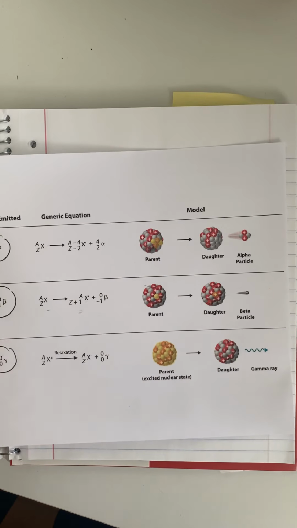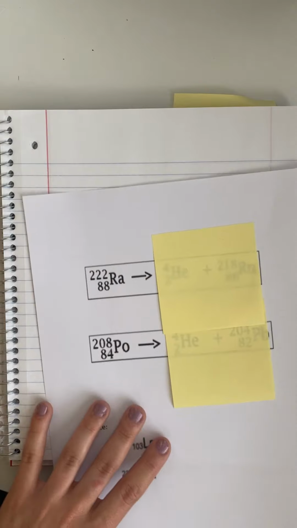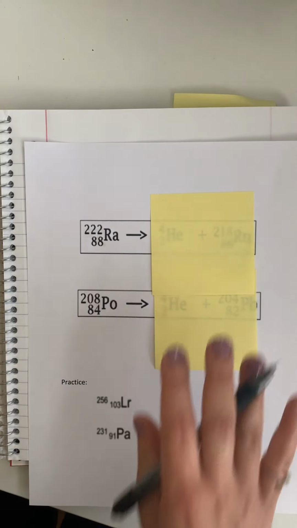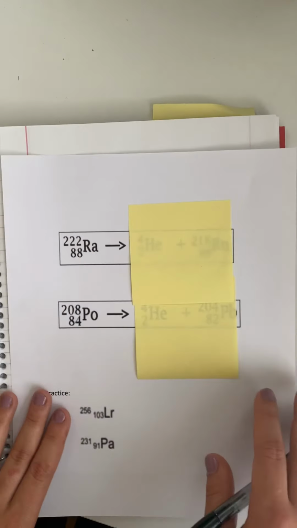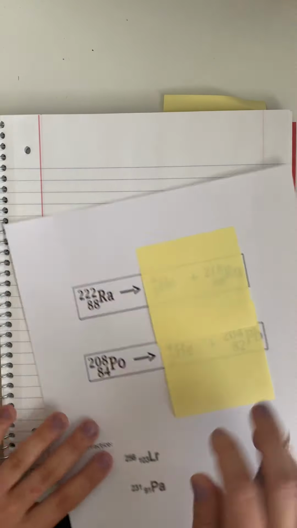We're going to do examples for both alpha and beta reactions today. So let's start with our, and I noticed you can see through it. Sorry guys. Tried to improvise. Let's just start with alpha decay